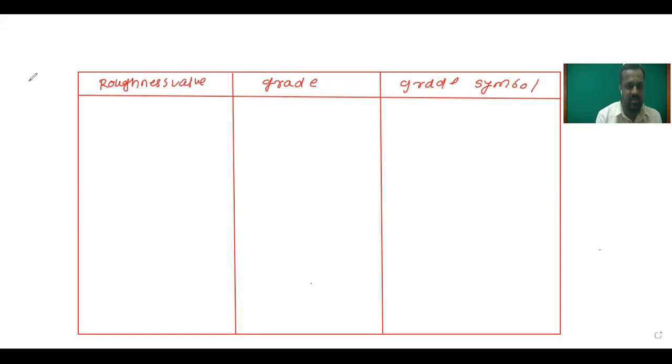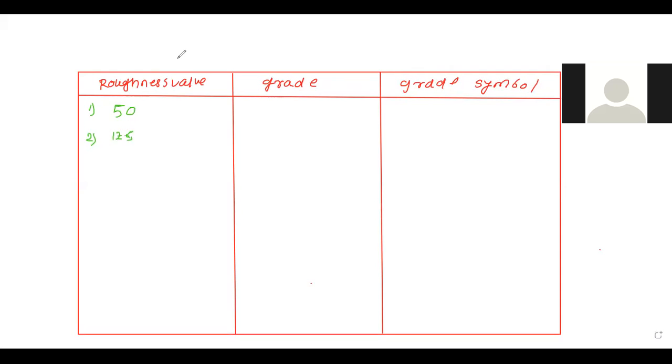So please tell me, what is the first roughness value? 50 micron. Please tell me the surface roughness values. The first is 50 micron. Can we calculate all the surface roughness values? What is the second? 25. Okay, the second is 25.